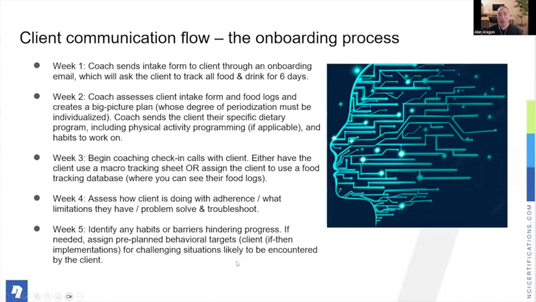So one of the effective tactics, and this is actually published in the literature, is if-then implementations. So if-then implementations are built around scenarios or situations that are individualized to your client. For example, if you're at an office meeting or if you're at a cocktail party and you're presented with some sort of element that may sabotage your goals temporarily, or if you're at a birthday party or a family gathering and you're presented with, for example, drinks or desserts or